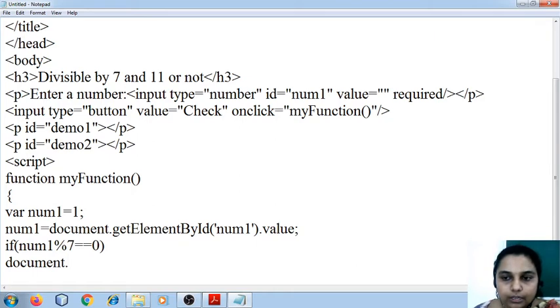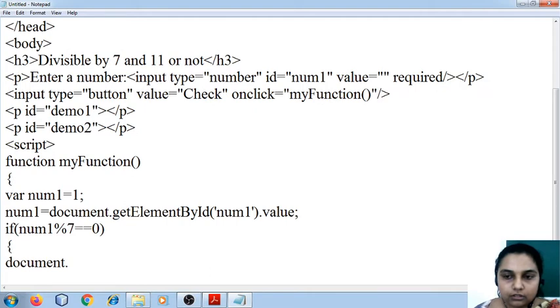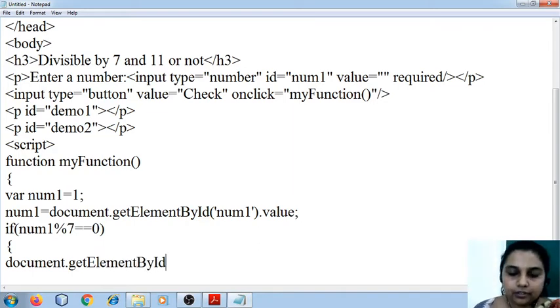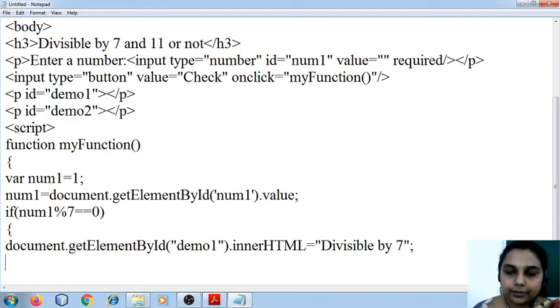If it is equal to 0, then I'm going to write document dot getElementById demo1 dot innerHTML is equal to, what is the string I want to write? "Divisible by 7." So this is the string that I want to write.